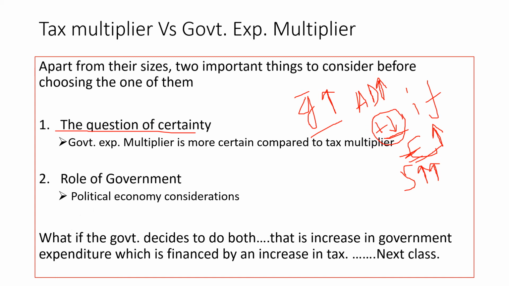Such a situation we can imagine, that the government decided to increase expenditure by 100 rupees, but that 100 rupees is coming from a tax increase of 100 rupees. Then what is going to happen? This we are going to discuss, what is called